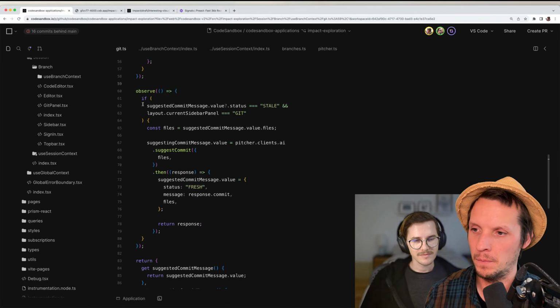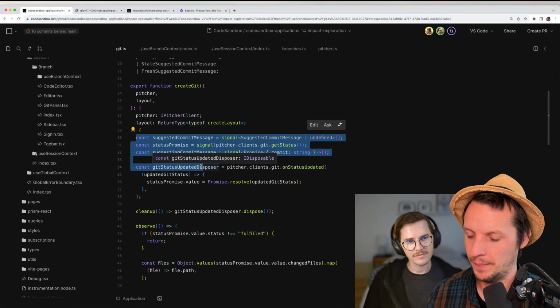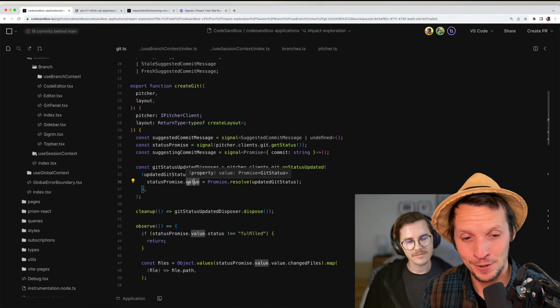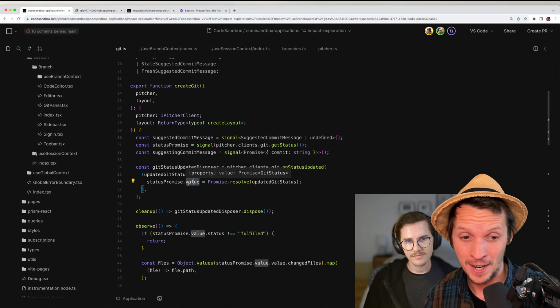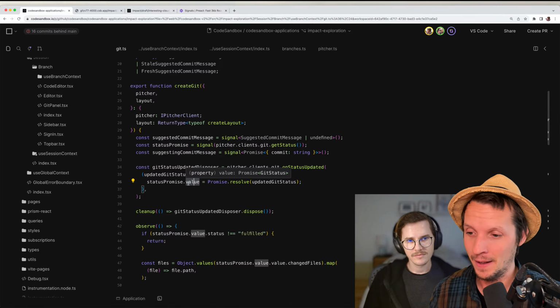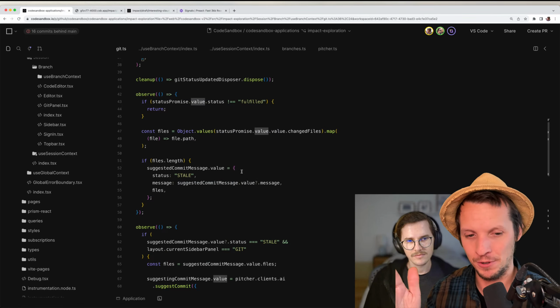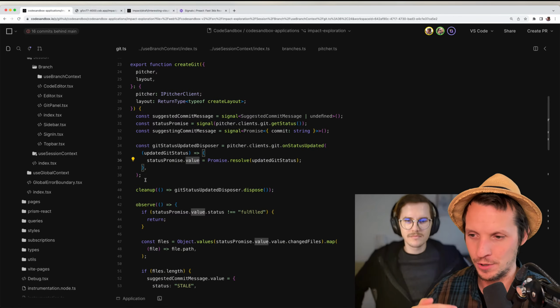I was just playing around with how to, because this is in a sense very procedural, is probably the wrong term, but the point is that we have a function, and within that function scope we just define a bunch of stuff. We define some signals, we define some variables, we define some effects, and how would you organize that? How would you keep it clean? What should be at the top? What should be next? Where do you express cleanup and all that stuff?